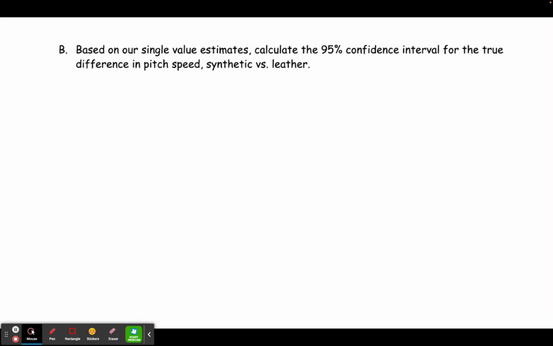So we're going to calculate our 95% confidence interval for the true difference in pitch speed, synthetic versus leather. All right, so first we take our single value estimate, the 87.2 minus the 84.3. So that's X bar 1 minus X bar 2, or A and B, or synthetic and leather, whichever subscripts you use